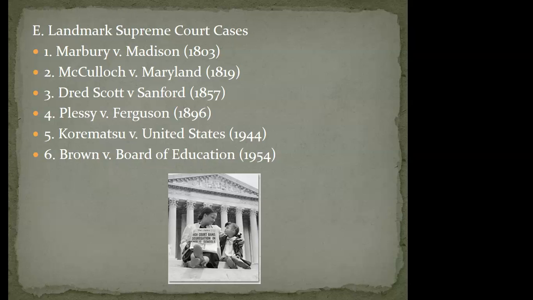And I'm actually going to mention this one again when I get down to Brown versus Board of Education. Number 5, Korematsu versus the United States, 1944. Another disappointing ruling. This happens towards the tail end of World War II and is